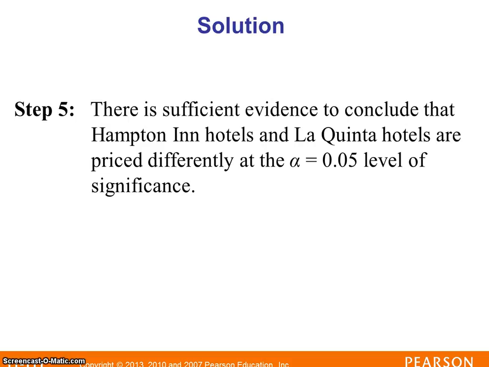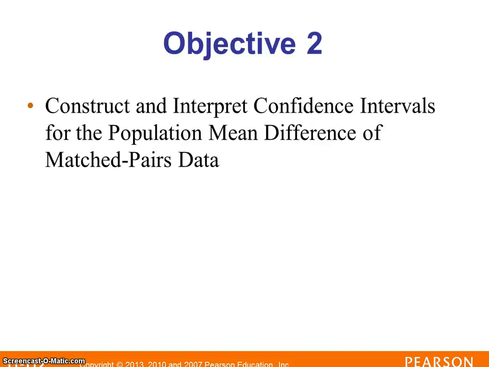Now, the thing about the way this test is worded is that it won't necessarily tell you which hotel is priced higher. You'd have to use a left-tailed or right-tailed test to determine that. I would assume it's the Hampton Inn, but you can't necessarily draw that conclusion from the data. So there's an example. Now the second thing we might want to do in this case is construct a confidence